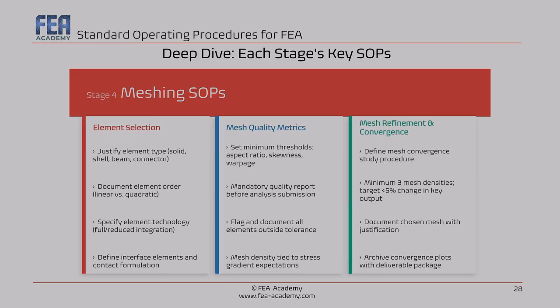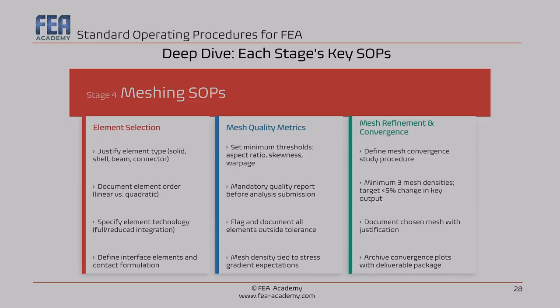Now, the last point about the meshing SOP is the convergence study obligation. I'll be direct here, okay? A mesh convergence study is not optional for any structural analysis where quantitative results are used to make design decisions. I know convergence studies take time. I know that. I make a lot of them. I know programs have schedules, but if your results haven't converged, you don't know what they mean. And you certainly can't use them to justify a structural decision.